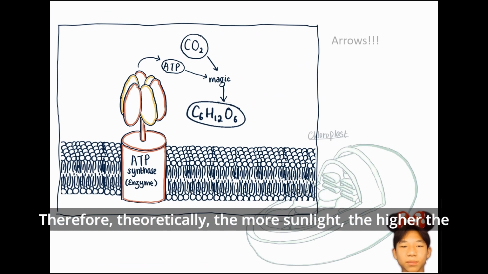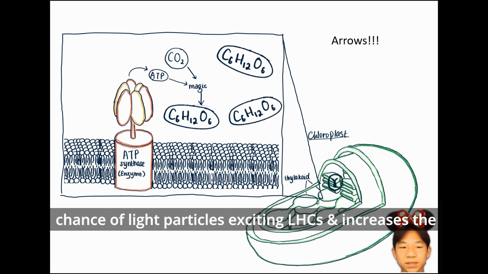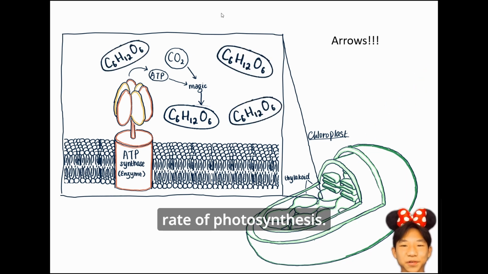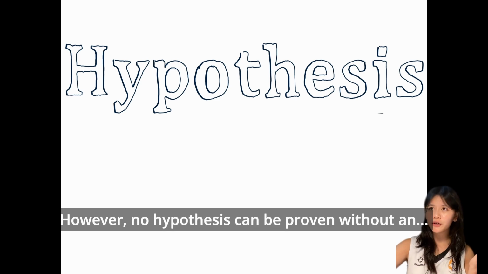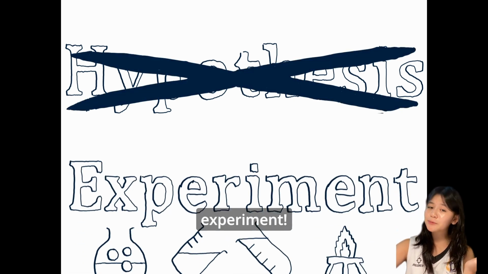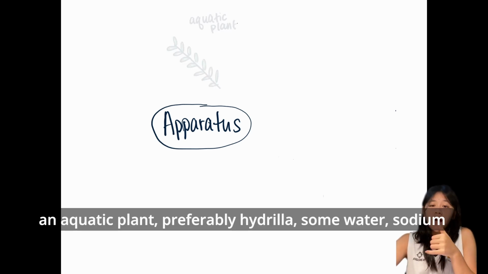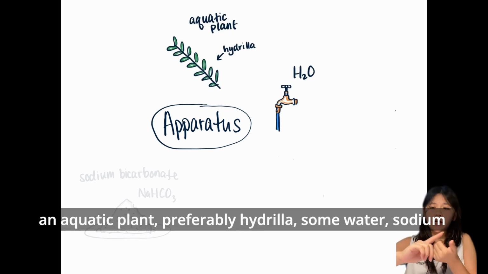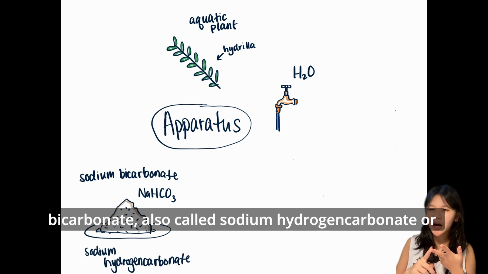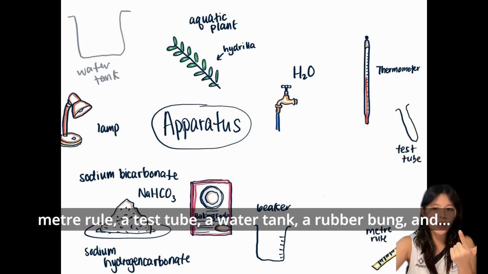Therefore, theoretically, the more sunlight, the higher the chance of light particles exciting LHCs, and increases the rate of photosynthesis. However, no hypothesis can be proven without an experiment. For this experiment, we'll need an aquatic plant, preferably hydrated, some water, sodium bicarbonate, also called hydrogen carbonate or commonly baking soda, a beaker, a thermometer, a lamp, a meter rule, a test tube, a water tank, a rubber bung,